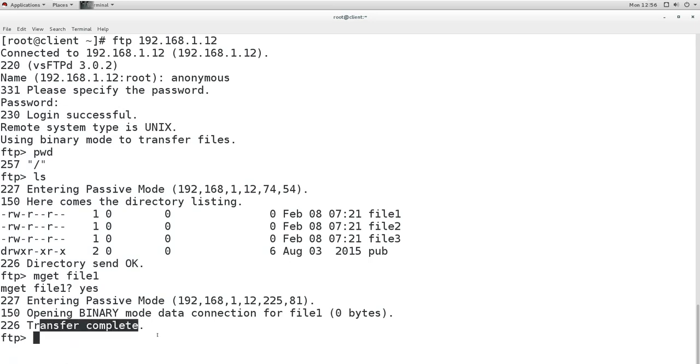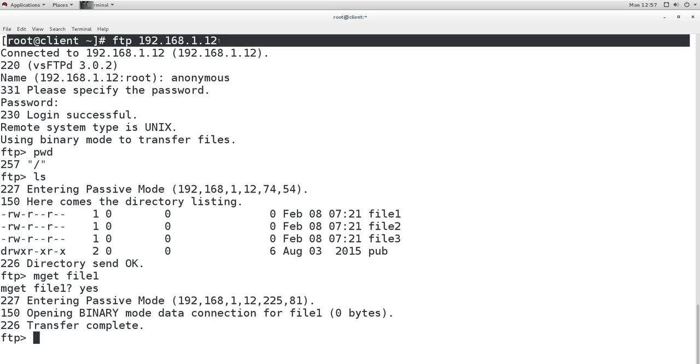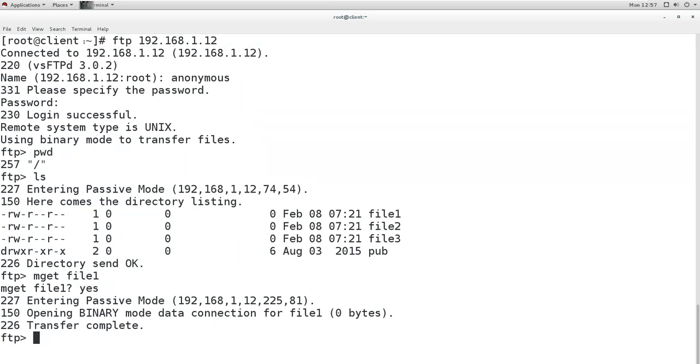Now the file is downloaded here on this local machine, but in which directory does it go? It goes in this directory, because when I logged in, I gave a command here. That means I was under the root user's home directory.